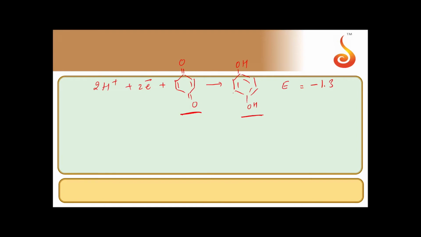Now we require the concentration of H plus ions, because the Nernst equation is E equals E0 of the cell reaction minus 0.0591 by 2 into log of QH2 by Q. Those two are the same anyhow, so they get cancelled. Finally, 1 by H plus squared will come. So you actually require the hydrogen ion concentration. Let us write one more step here.